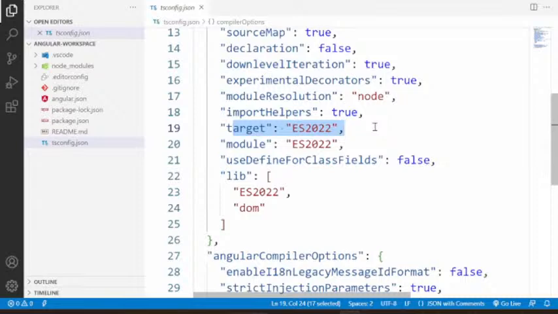The latest version is ES 2022. I told you about module systems: CommonJS, RequireJS, UMD, AMD, but here it is using the ES2022 module system, which is required for modules. What are modules? Yesterday we already discussed.